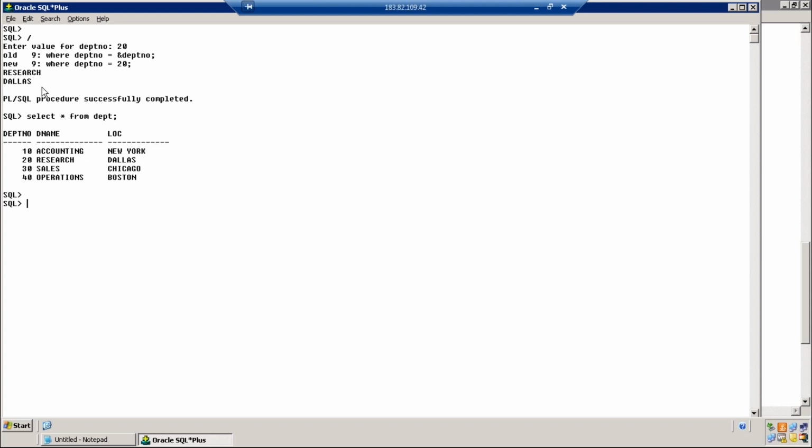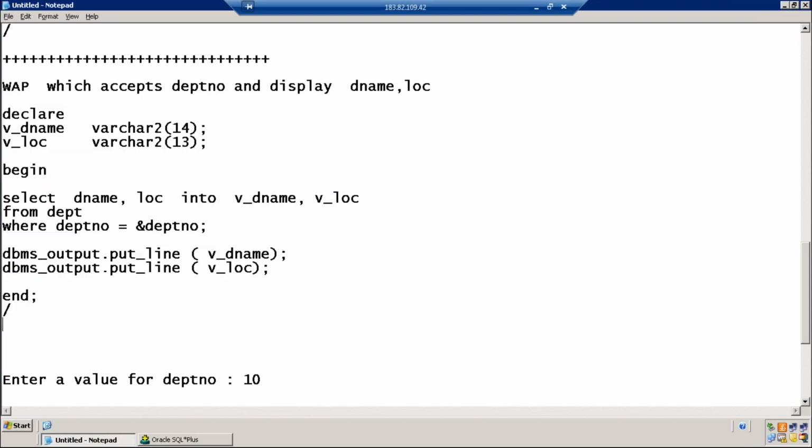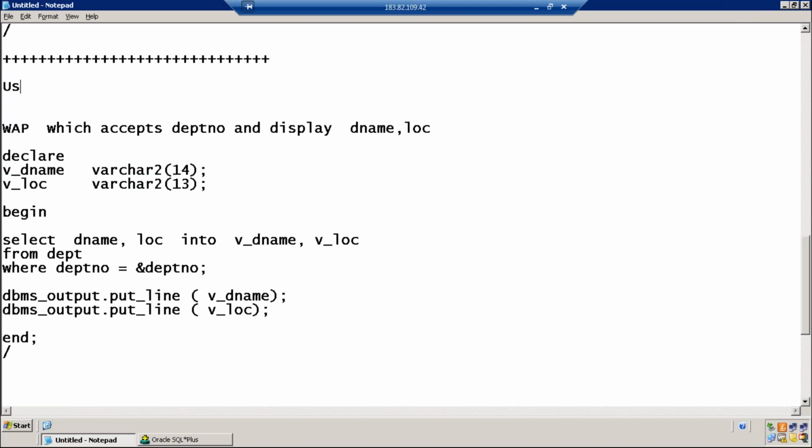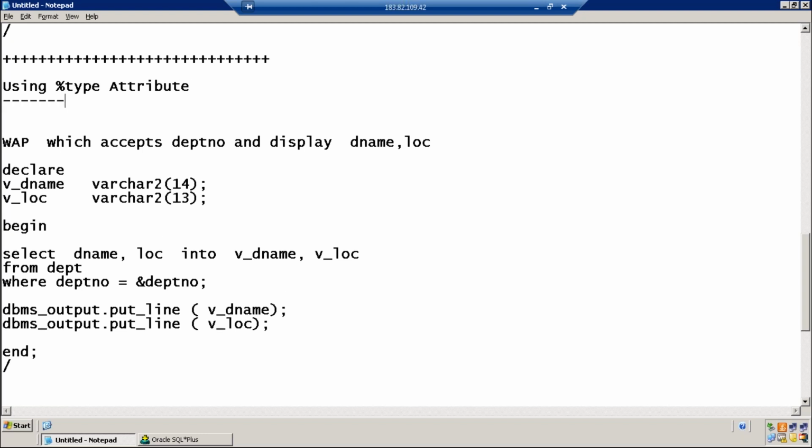Now the new thing we should learn is using percentage type attribute.